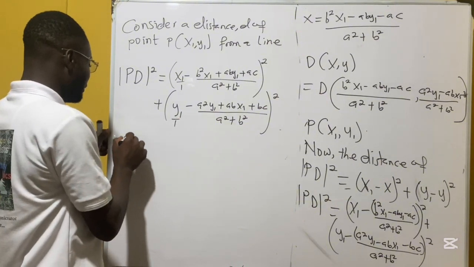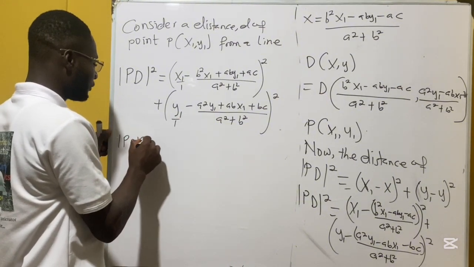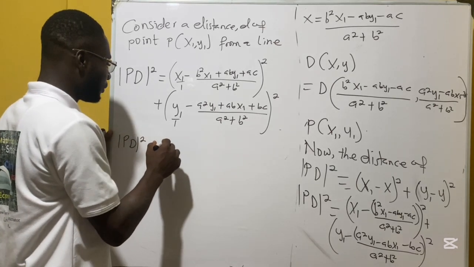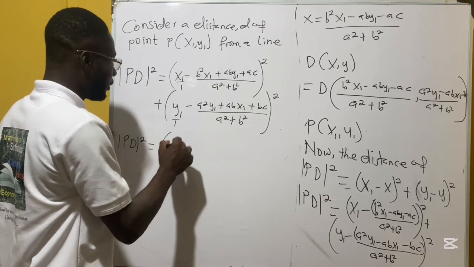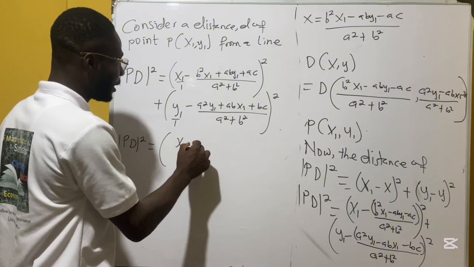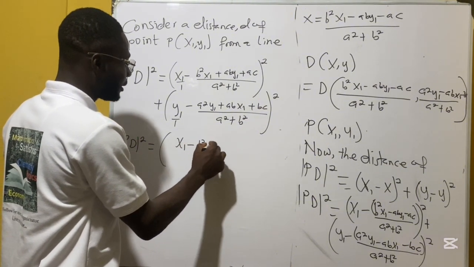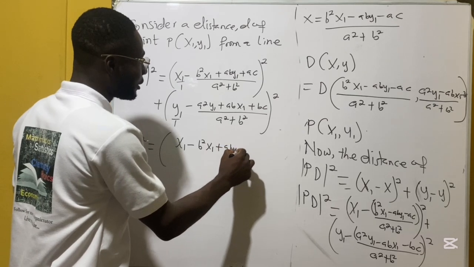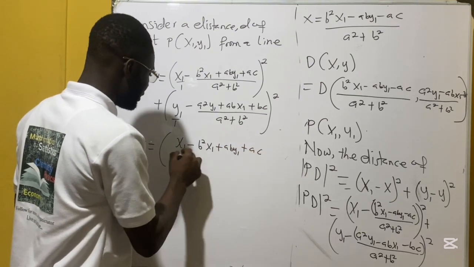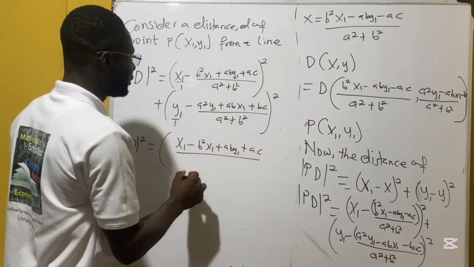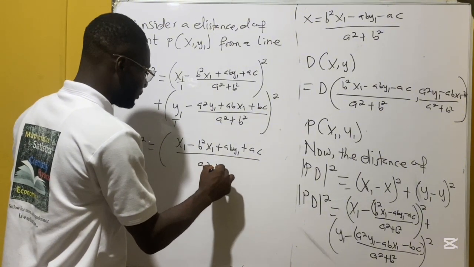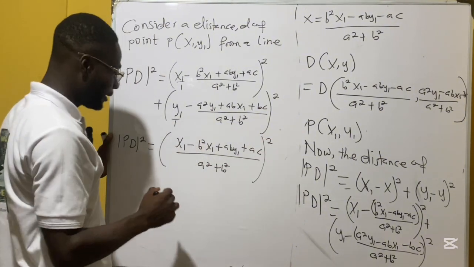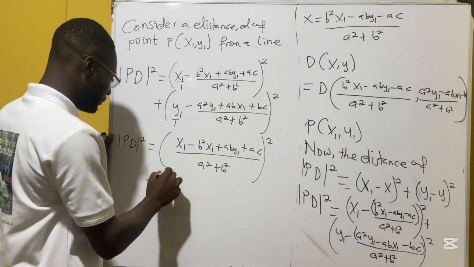So we have PD all squared, that is the distance PD, and that is equal to x1 minus b squared x1 plus aby1 plus ac all over a squared plus b squared, all squared, right? Plus,